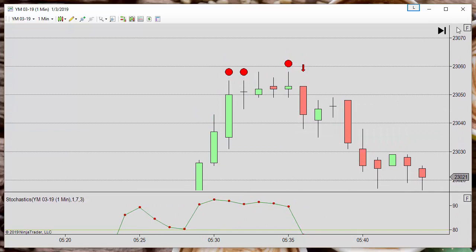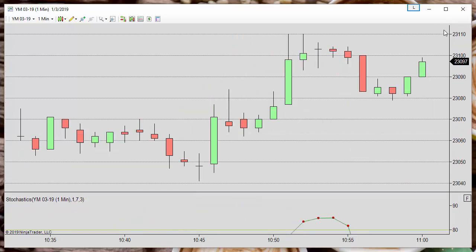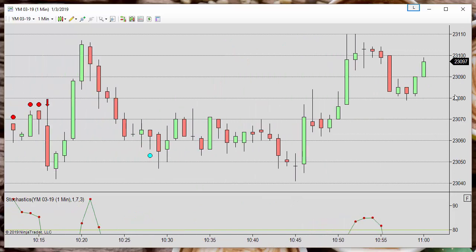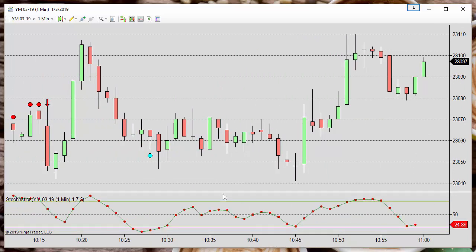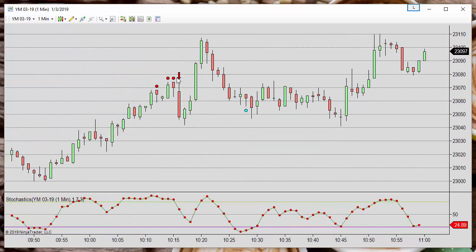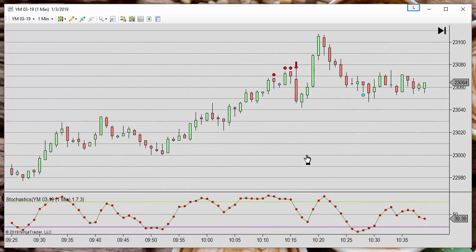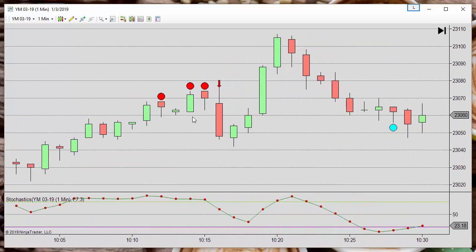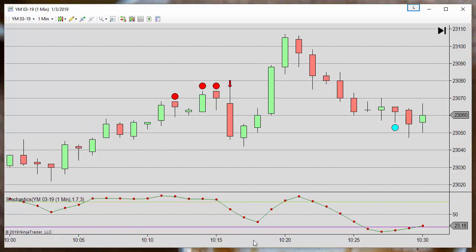The minute time frame is not one of the best to use with this setup, mainly because the entry method places an entry order on the extreme of the bar. So if the bar is too big, then we don't get a very good signal. In this case it is good.